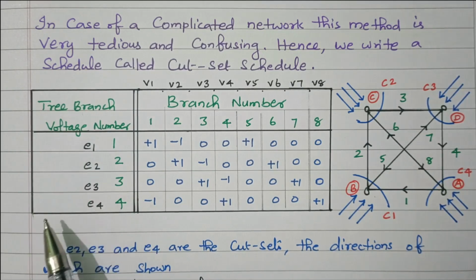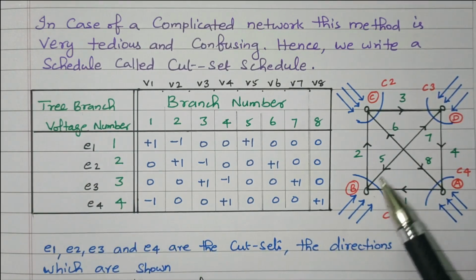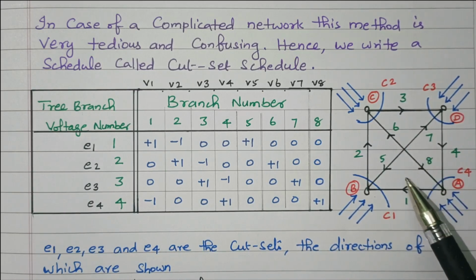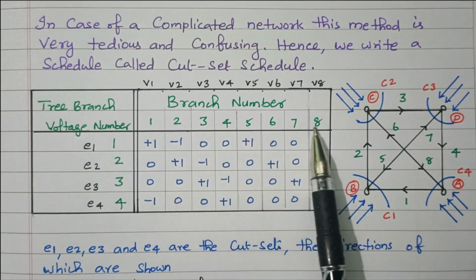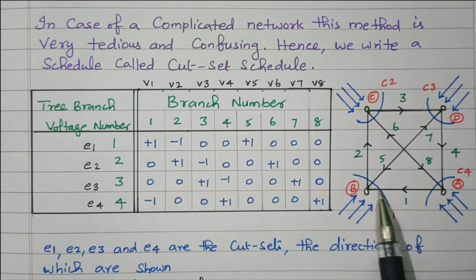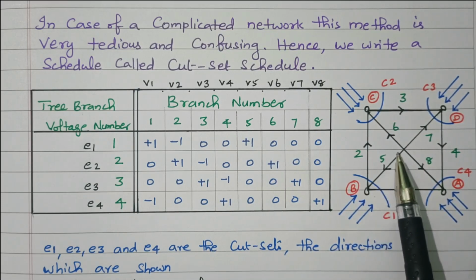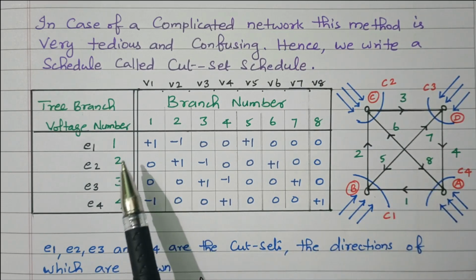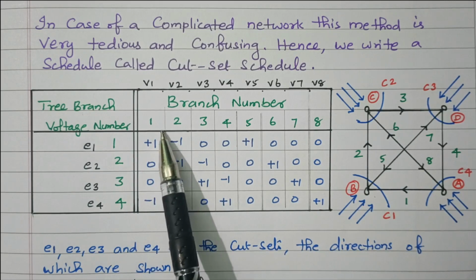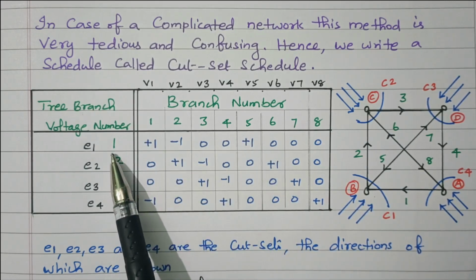Tree branch voltage means E1, E2, E3, E4, which we already know. The branch voltages are V1, V2, V3 up to V8, the voltages between the nodes. We already have the 2 different notations. Now we can relate these two, the tree branch voltage and the branch number. First we will consider the